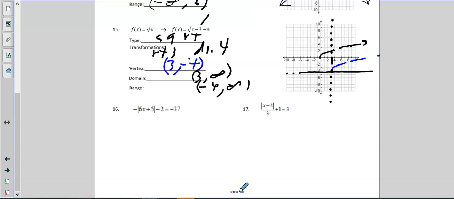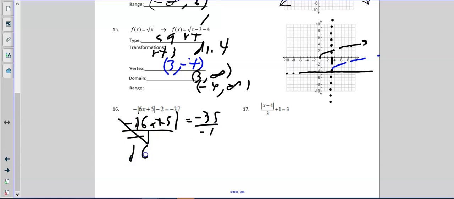So on this one, the first thing we need to do is get rid of the 2. So we're going to add 2. So that leaves us with negative absolute value of 6x plus 5, equals, add 2, negative 35. Now, at this point, you want to go, oh, I can't solve it. Yes, you can, because you need to divide by -1 to get rid of that. So that gives me absolute value of 6x plus 5,